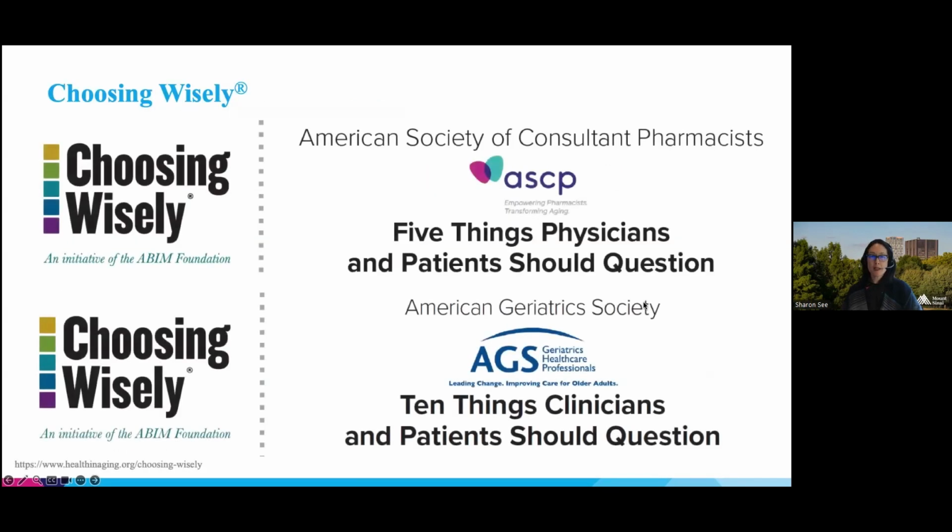And then this last item I want to talk about here is the Choosing Wisely framework. And this is an initiative of the American Board of Internal Medicine Foundation that started in 2012. And it was meant to spark conversations between patients and their physicians and their providers. And they partnered with multiple medical pharmacy organizations, for example, the American Society of Consultant Pharmacists, the American Geriatrics Society, and they provide recommendations for